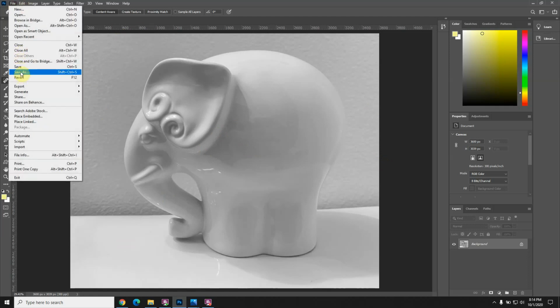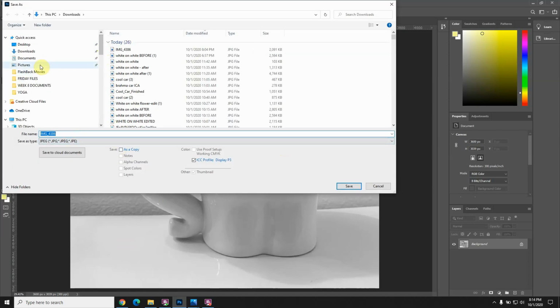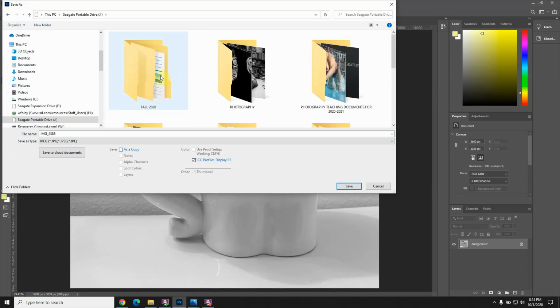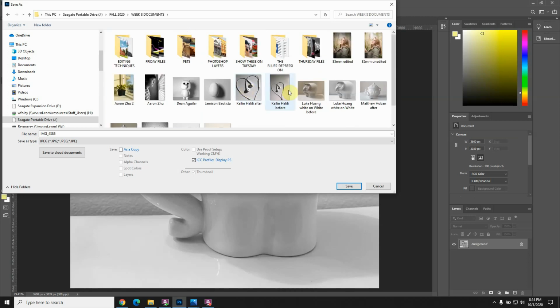And then you would have your before picture. And so that's Luke's before picture. But what I would actually do is change that name. So I'm going to go to the place where I save all these things to show you guys. And week 8 documents. And this is Luke Wang, white on white before already. And this is going to be Luke Wang, white on white after. But I'm actually going to leave